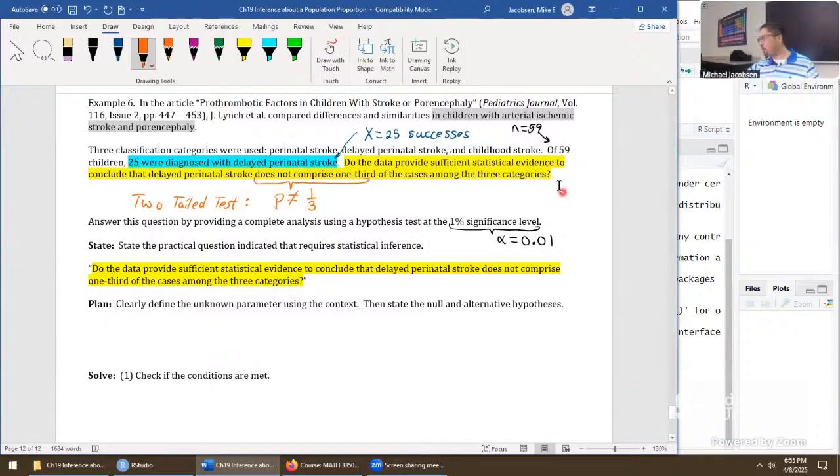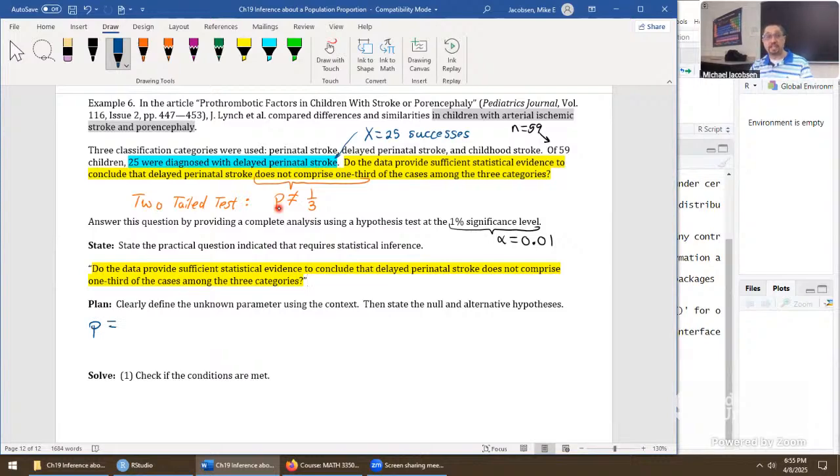Okay, not every problem really directly says what the practical question is. So sometimes you might be writing down a statement, but if you copy down a statement directly from a problem verbatim, like we just did, that implies a practical question, that would be okay as well. So it doesn't always have to be an interrogative with a question mark. It could be a declarative statement. We want to estimate this, for example, that would work just fine. But now we've already written down the unknown parameter P once. Now we have to really write it down carefully.